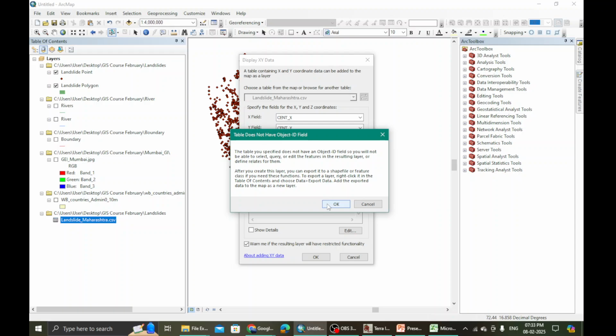Object ID fields will not be able to select query or